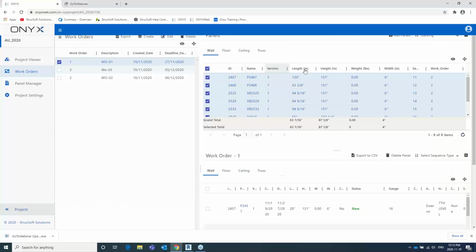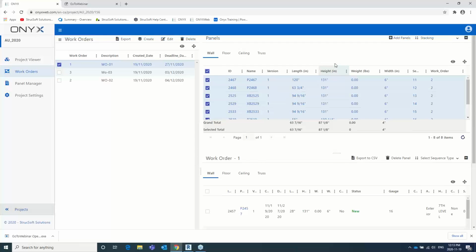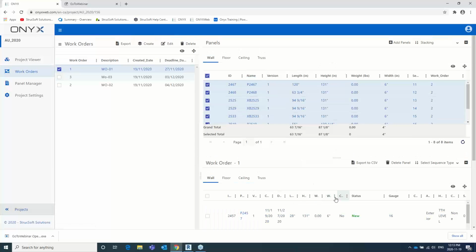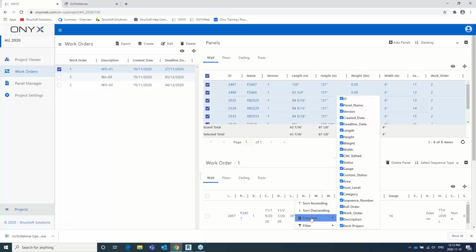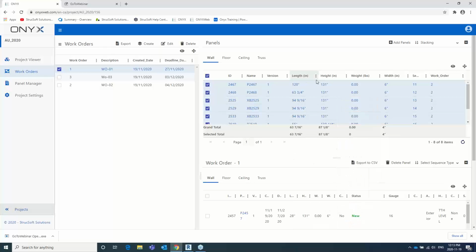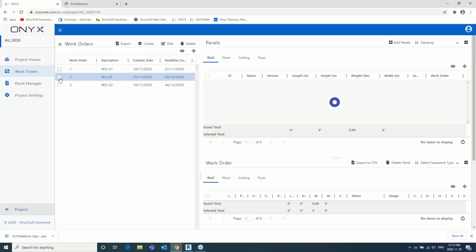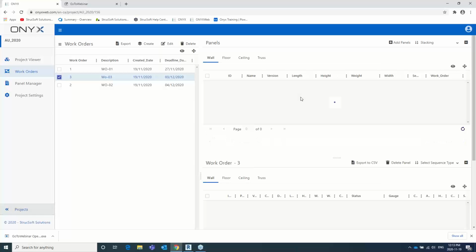And notice again, we have these grids available to manage. So this one down here is pretty packed. So this would be typically something that you'd want to go in and maybe clean up just to see the information that's important to you. I've done it up here for these panels just to keep this condensed. And what I want to show you here is that if I go pick this 3rd work order, it gives me all the panels,